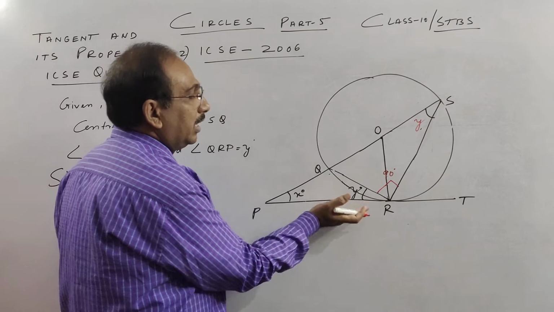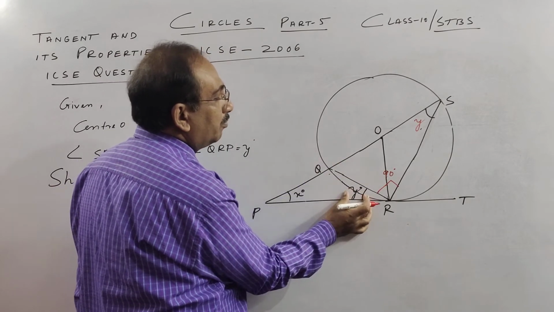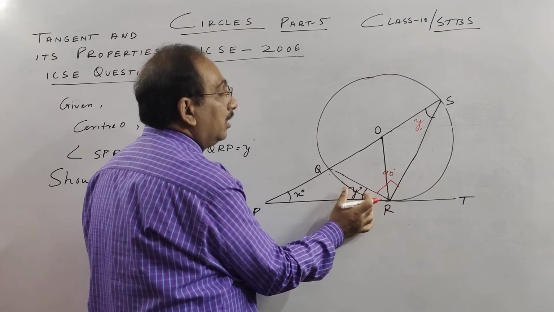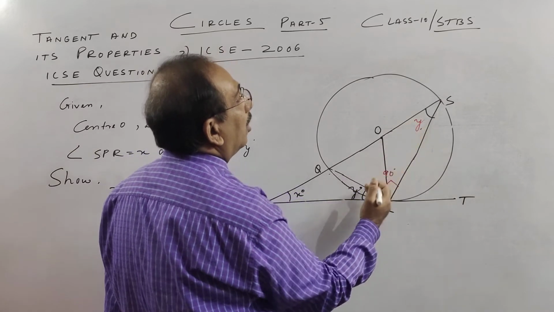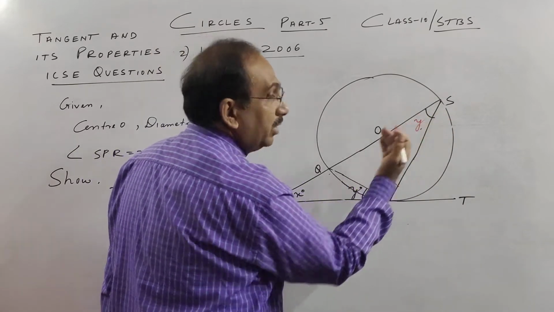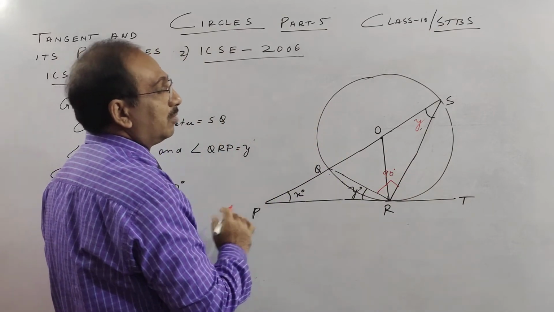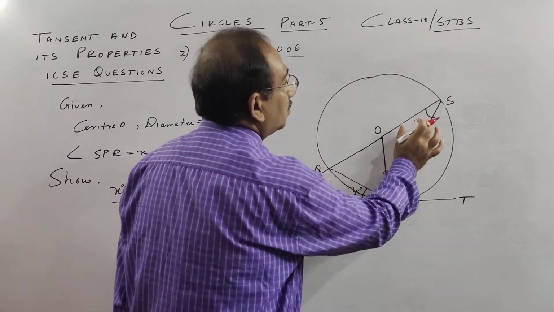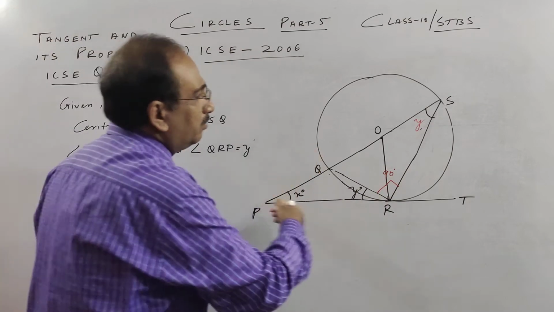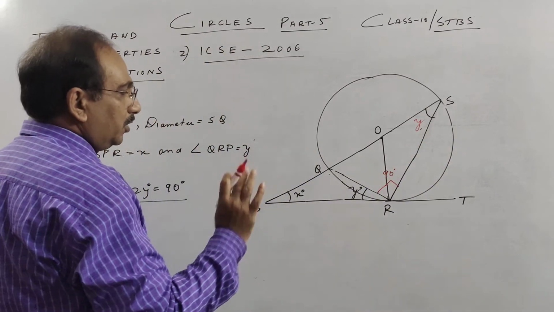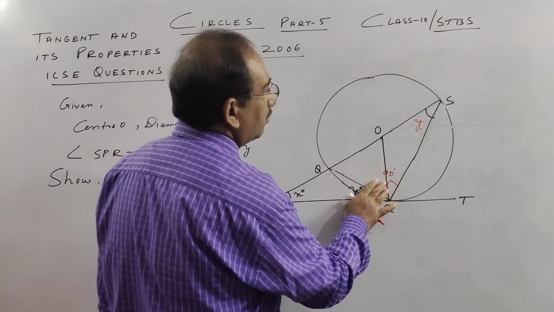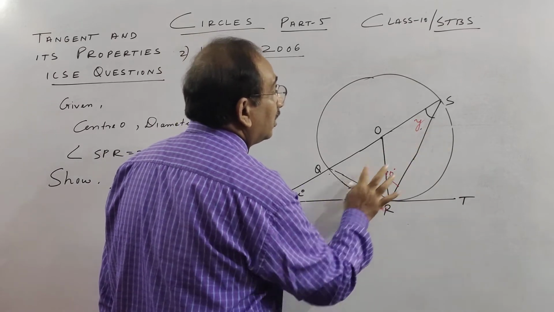See the wording: the angle a tangent makes with the chord in the minor segment is equal to the angle made by it in the alternate segment, meaning the major segment. So if this is Y, this is Y. These 2 things are very important. Then it becomes very easy for you to solve this question. Once more, angle in a semicircle is 90 degree, and this is the alternate segment.